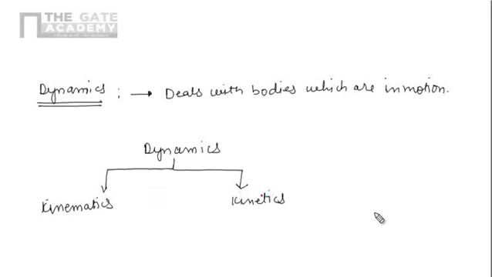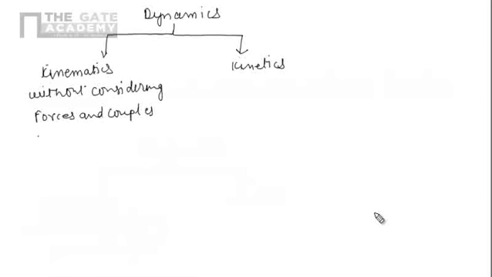So in kinematics, we are dealing with the bodies which are in motion, but we are not considering the forces and couples responsible for motion, without considering forces and couples which are responsible for motion. So I will again define the kinematics. It's the branch of dynamics deals with the bodies which are in motion without considering forces and couples which are